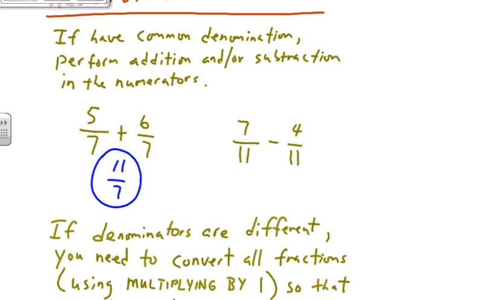We have 7 parts of 11. We subtract 4 parts of 11. We have what? 3 parts of 11, right? Okay. Now, when